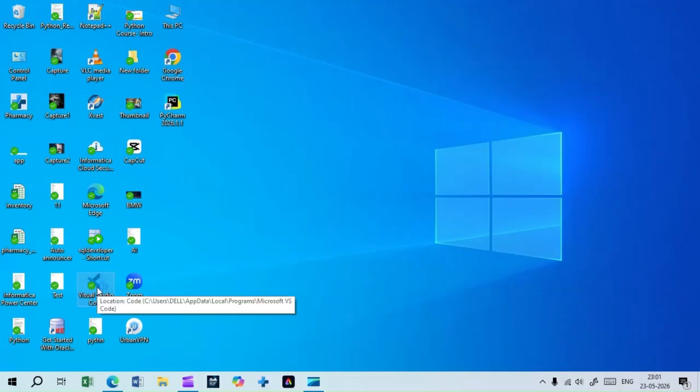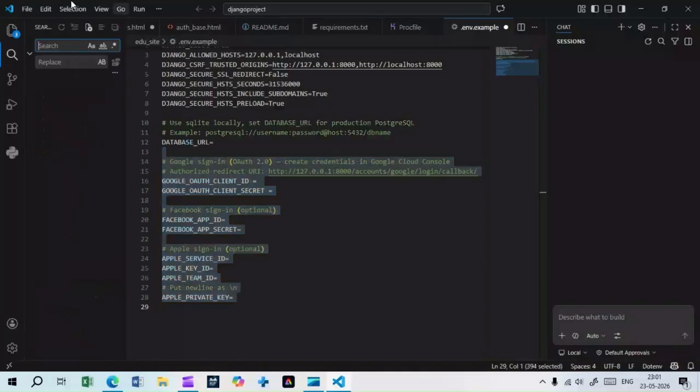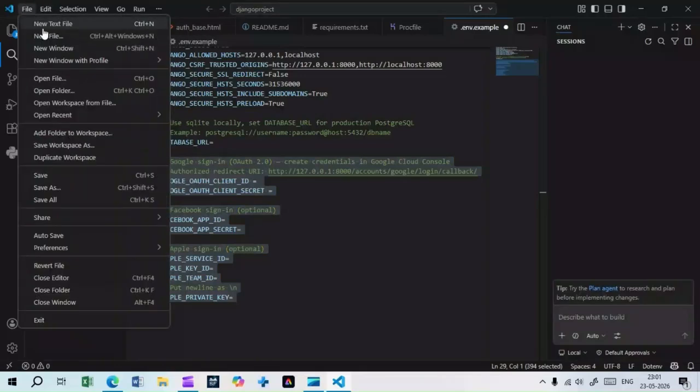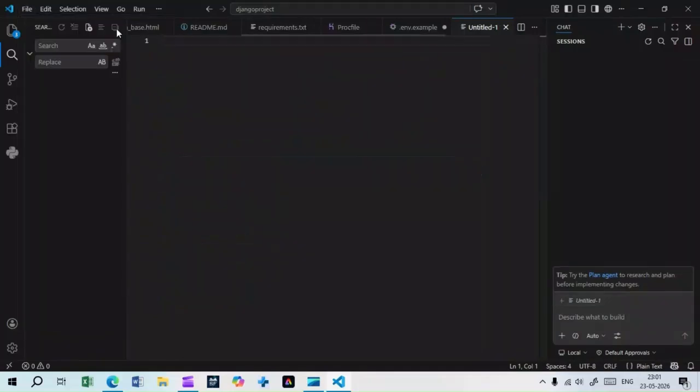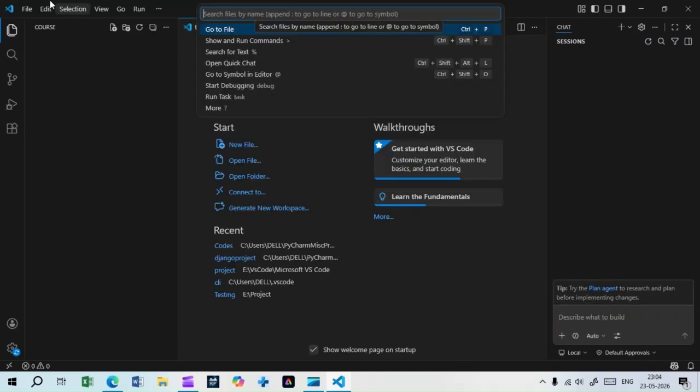VS Code is simple and it can launch on any laptop, even with less than a GB of RAM. Okay, so this is VS Code, and in this we will see how to set up the environment and how to put a Python environment in this. Now it is fresh, a new folder. Now let me first